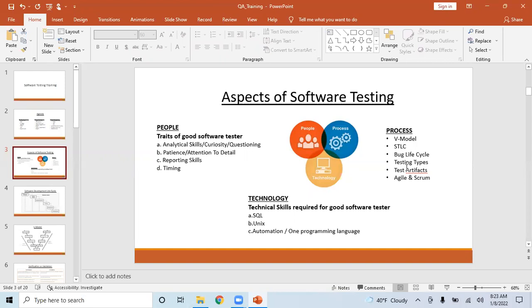Knowing the process gives you the confidence of how software testing is implemented in bigger companies, and how it is implemented in the software development life cycle. While somebody is building a product, when we have to enter as a software tester, when we have to start testing, when we have to end testing. All those things, knowing the process will give you a good understanding. Just knowing the process doesn't suffice.